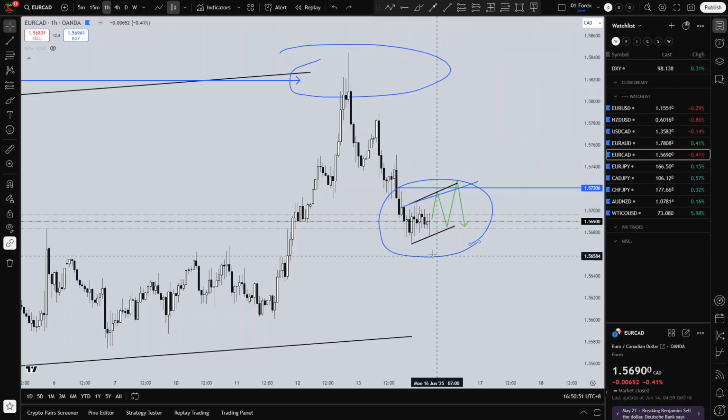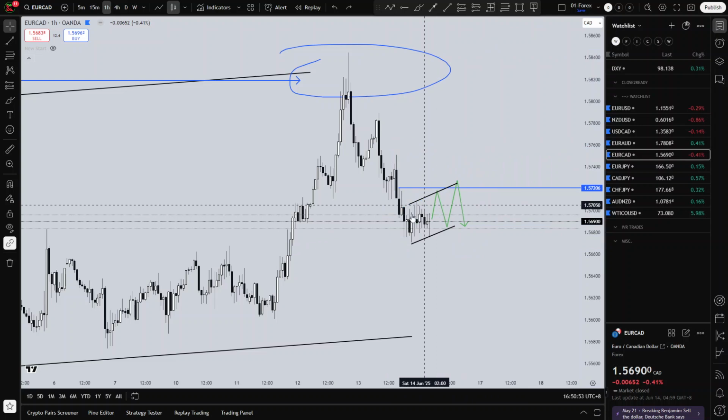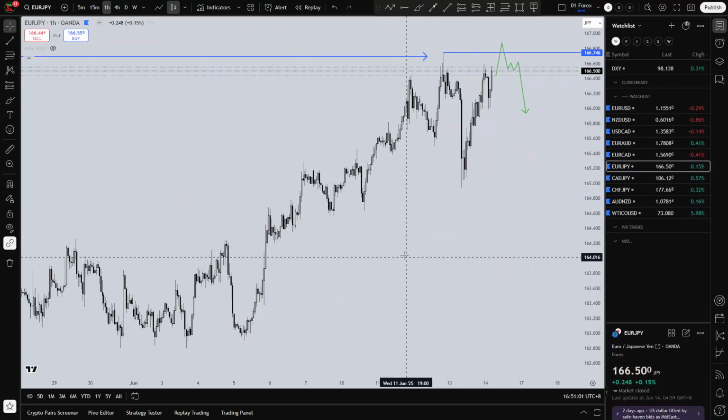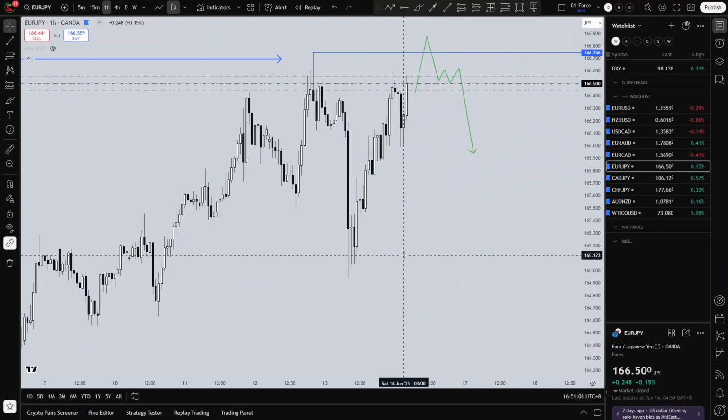But right now I'm leaning a bit more towards a momentum play and would like to see a 1 hour structure in this area to then enter a short. Euro Yen, the yen pairs, of course, they are positioned for sells. We have BOJ next week, so we have to be a bit careful, but again, with the overall risk off